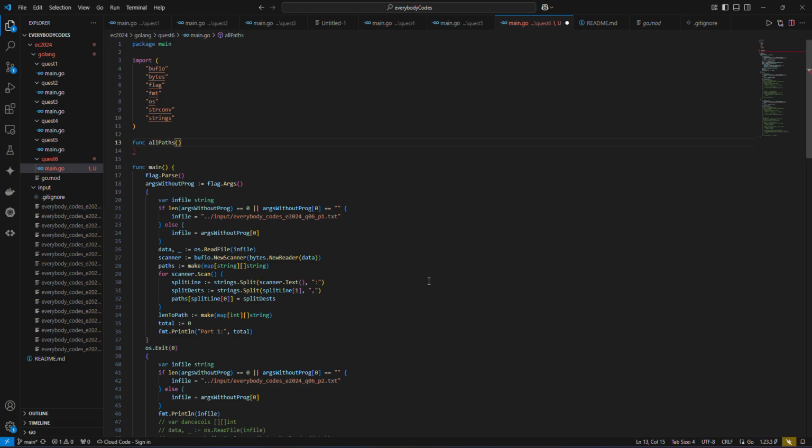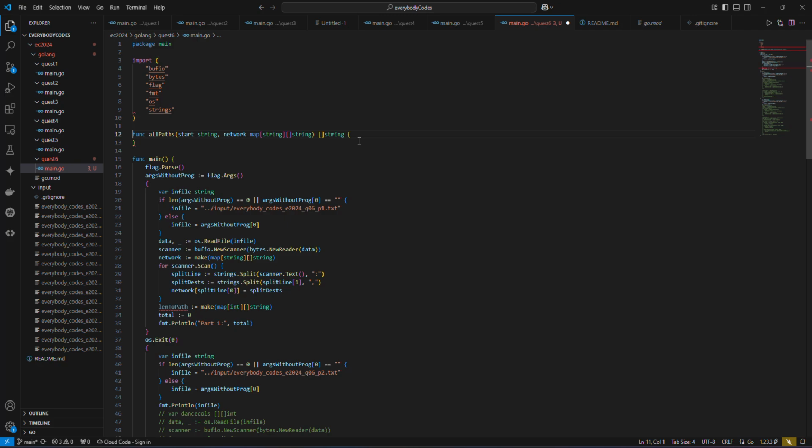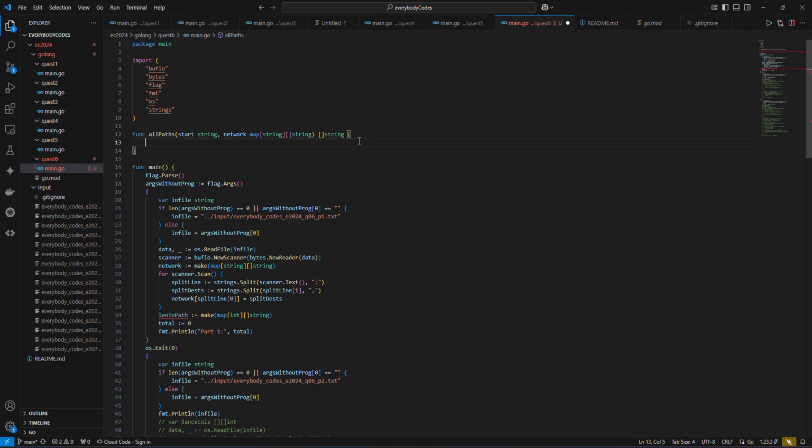All paths, start string, paths. Okay, it was kind of a mistake to name this thing paths, so I'm going to call it network, and I'm going to rename it here. Okay, and then this is all paths that, so then we do